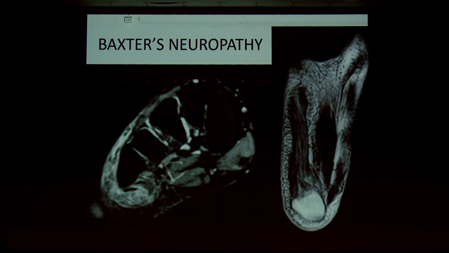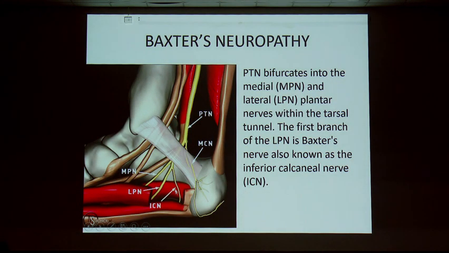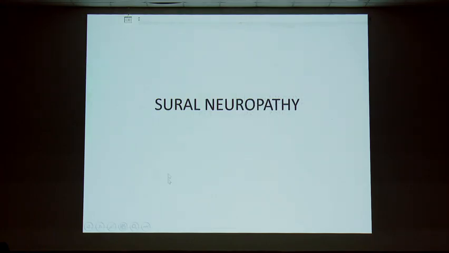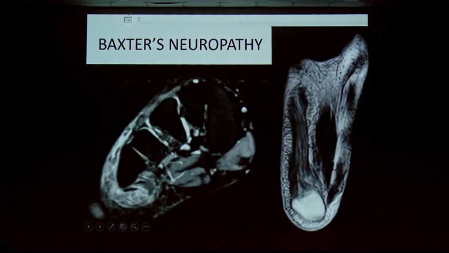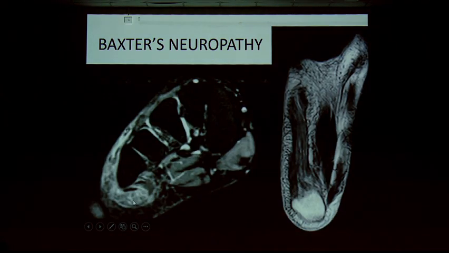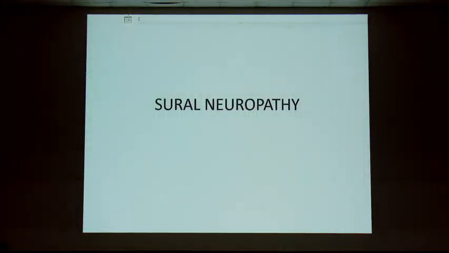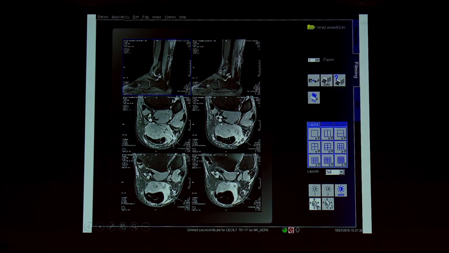Whenever plantar fasciitis is there, please ask whether the patient has pain on the lateral aspect. If the patient is having pain on the lateral aspect and atrophy of the abductor digiti minimi, it is Baxter's neuropathy. When it is winding around, that is where it will be compressed. So this atrophy is very important. We have to carefully look for abductor digiti minimi atrophy. It is Baxter's neuropathy. And the sural neuropathy, it is the lateral aspect, where the sural nerve is associated with the short saphenous vein, and the lateral aspect of the tendo-Achilles, if it is going for thickening and bright signals,